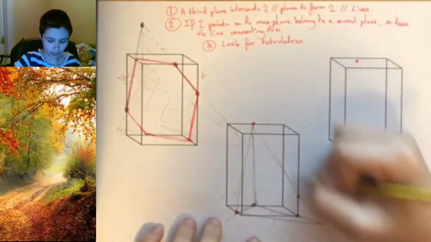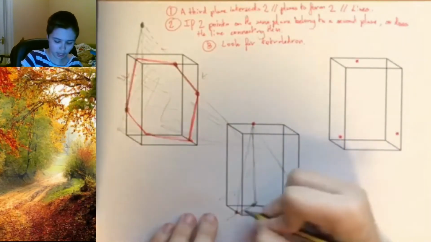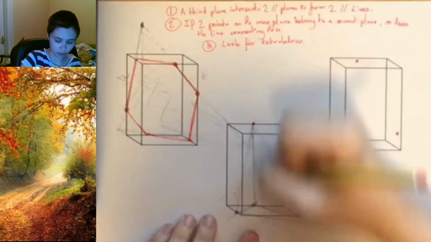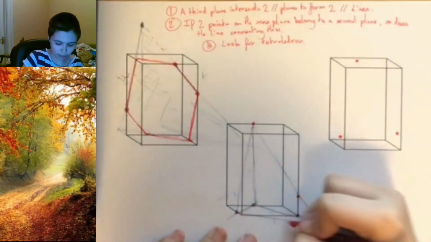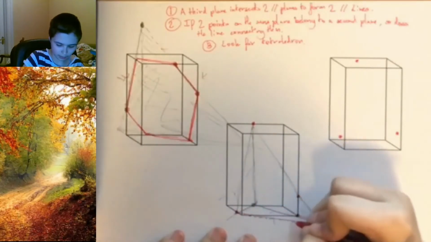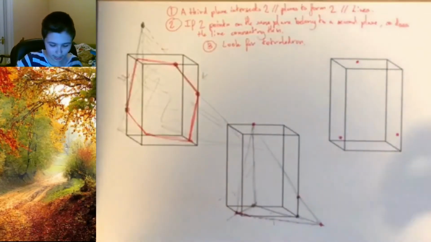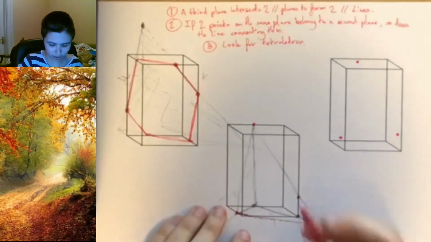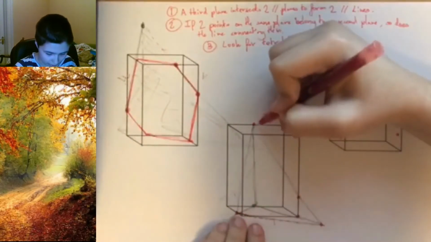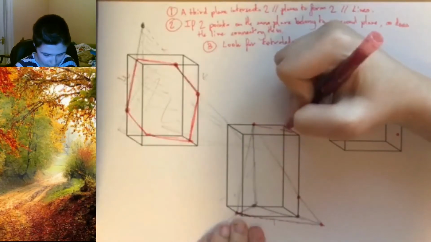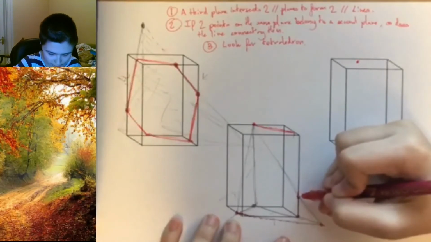So you can see that the plane is going to pass through these 3 points, so the plane is going to be this tetrahedron. And you can see from the drawing that the plane crosses the bottom face in this line over here. So I add this little line in because it belongs to the cuboid, and then the rest of the line doesn't. And I can draw a parallel line over here. And once I've drawn the 2 parallel lines, then for this one I just have to connect these